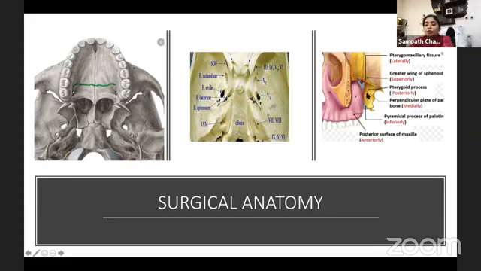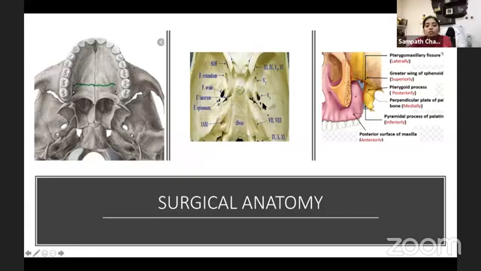Coming to the pterygopalatine fossa, this pterygoid process as well as the medial pterygoid plate forms the posterior boundary of the pterygopalatine fossa. Through this approach, we get the posterior control of the pterygopalatine fossa. Along with the infratemporal fossa and pterygopalatine fossa, we'll get control over these neural structures.